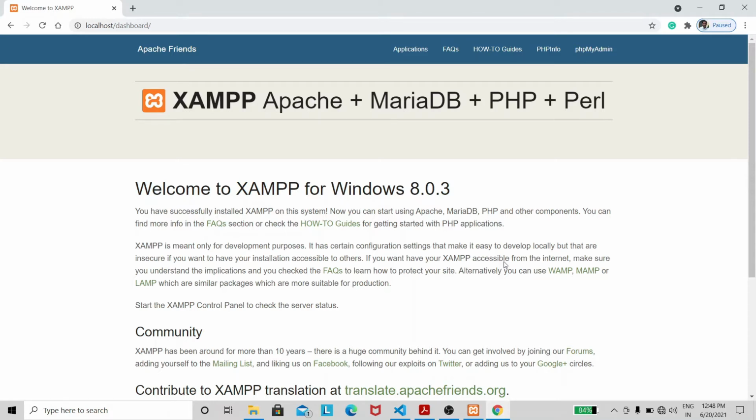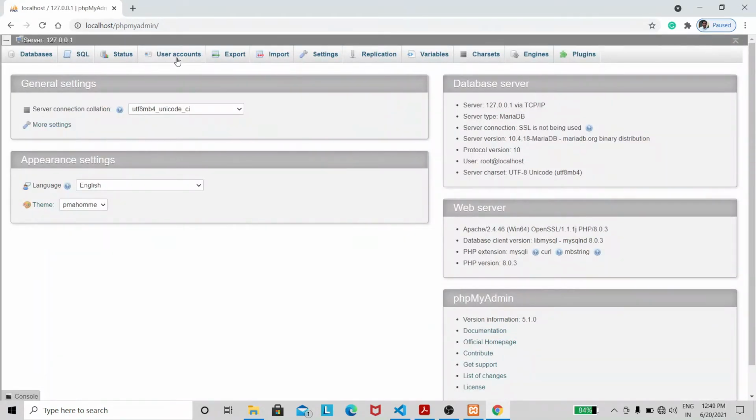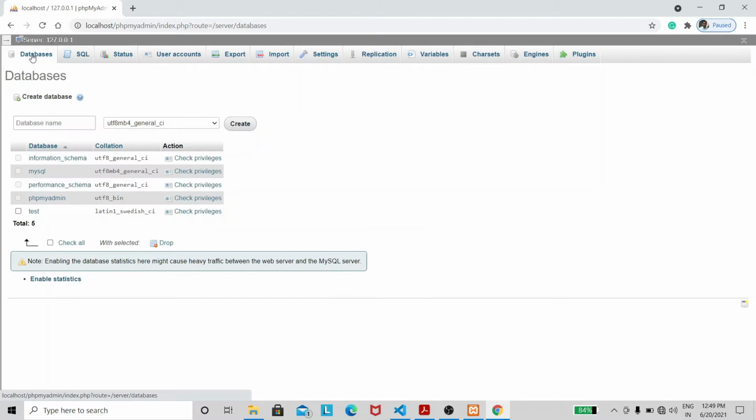Now we need to create a database table. So go to phpMyAdmin by clicking this link. This is the dashboard for creating database. Here, if you want to create a new database, you have to click on databases and create the database by typing the name of the database in this particular text box.